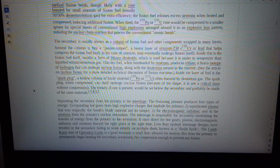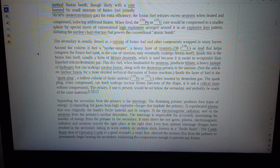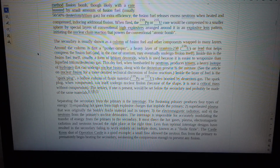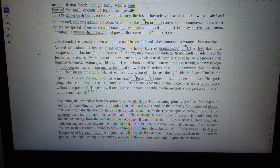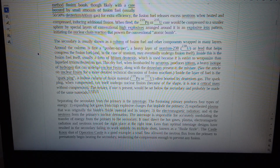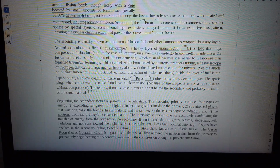The secondary is usually shown as a column of fusion fuel and other components wrapped in many layers. Around the column is first a pusher tamper, a heavy layer of uranium-238 (238U), or lead that helps compress the fusion fuel, and, in the case